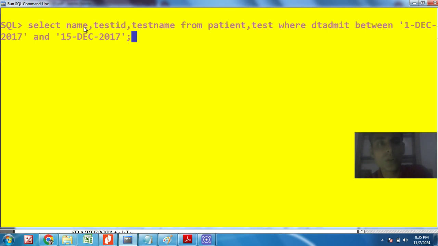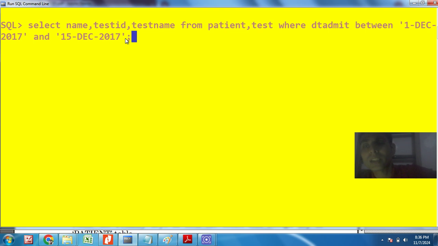We have to show name, test id and test name from tables patient comma test, where date of admit between 1st December 2017 and 15th December 2017. We can give a query like that, but is that the correct query?